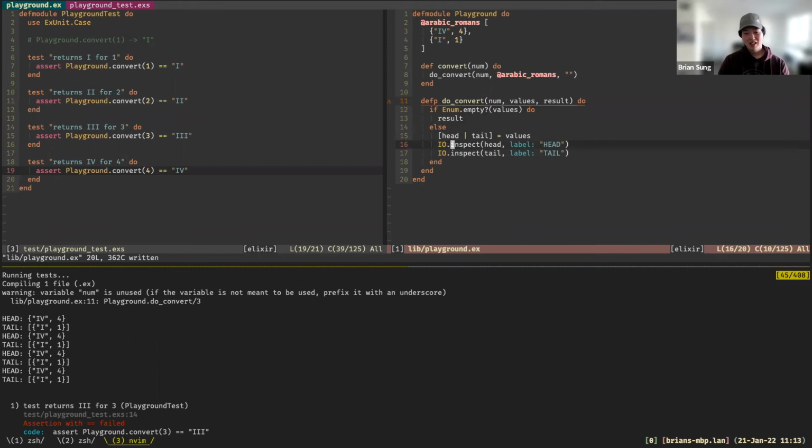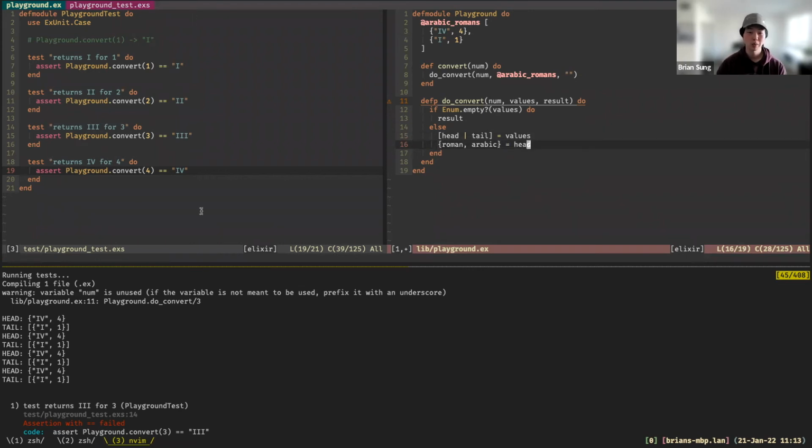So with that, we have our head, and head is a tuple, right? So we have our Roman and our Arabic. We can also pattern match on that by pattern matching the tuple. That's why we use the curly braces. We'll grab the Roman, and then we'll grab the Arabic. That'll be head.